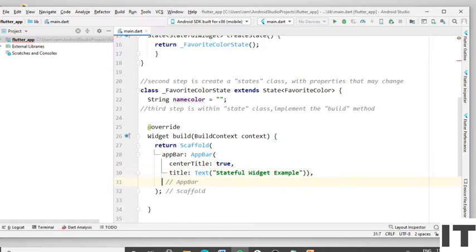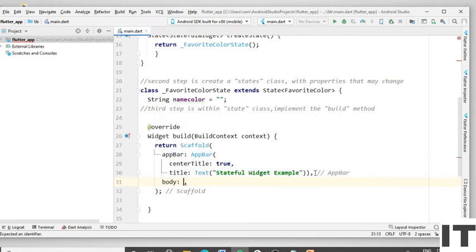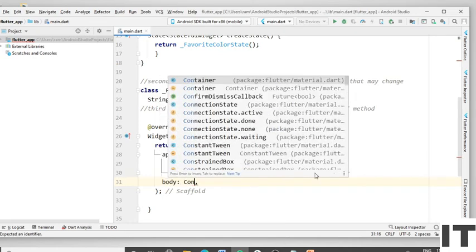Enter. Right after the app bar, let's define our body, which will contain our first element within a container. I will have the child as a Column widget. Here let's define our children. Type the body. Type the Container.